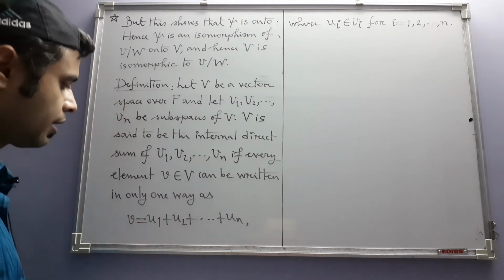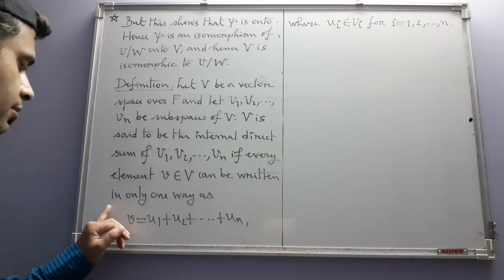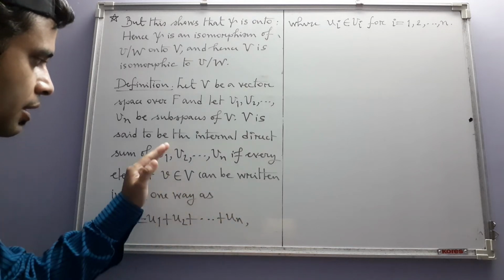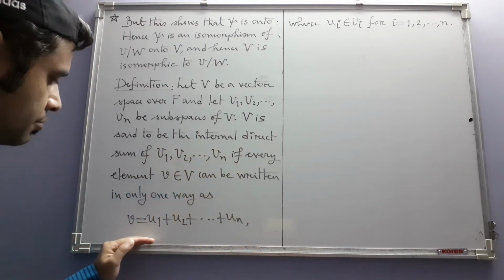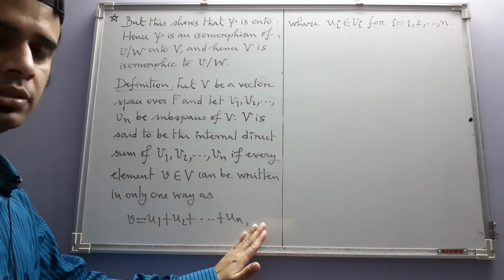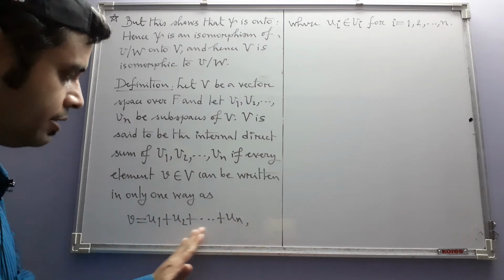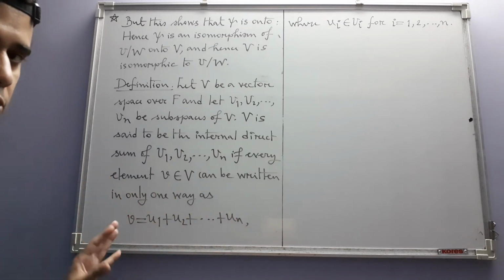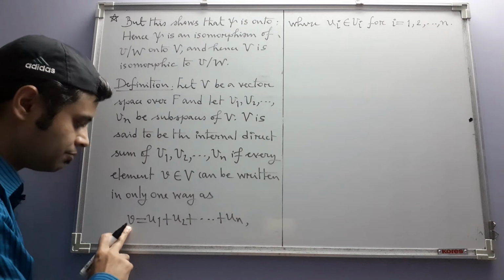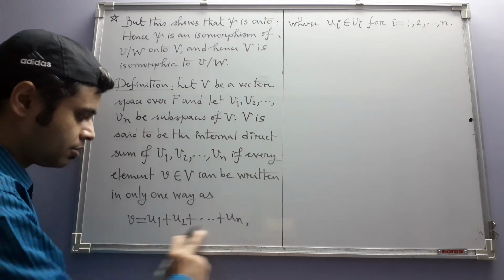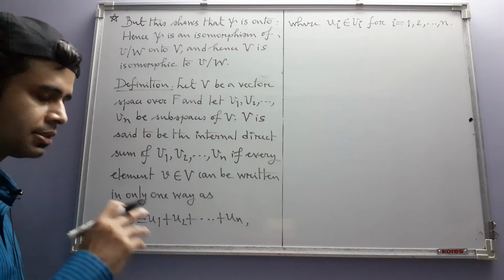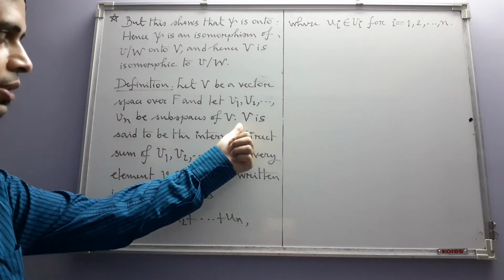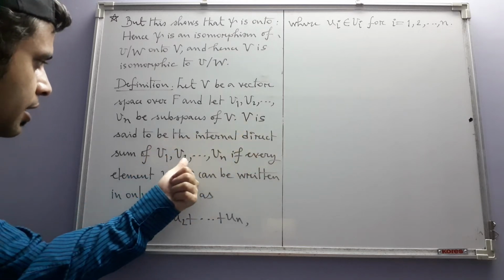So you should not have another sum where the summands are coming from these subspaces, that is different from these in at least some place, and that is also equal to V. That should not happen. This expression of V as a sum of vectors from these subspaces is unique. If this happens for every vector in capital V, then capital V is said to be the internal direct sum